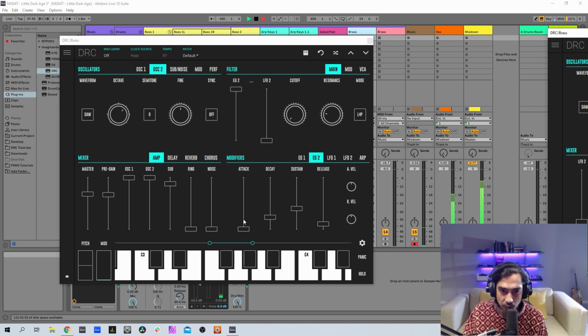Envelope generator 2, 115 on the attack. Decay at maximum. 383 on the sustain. And release of 371.